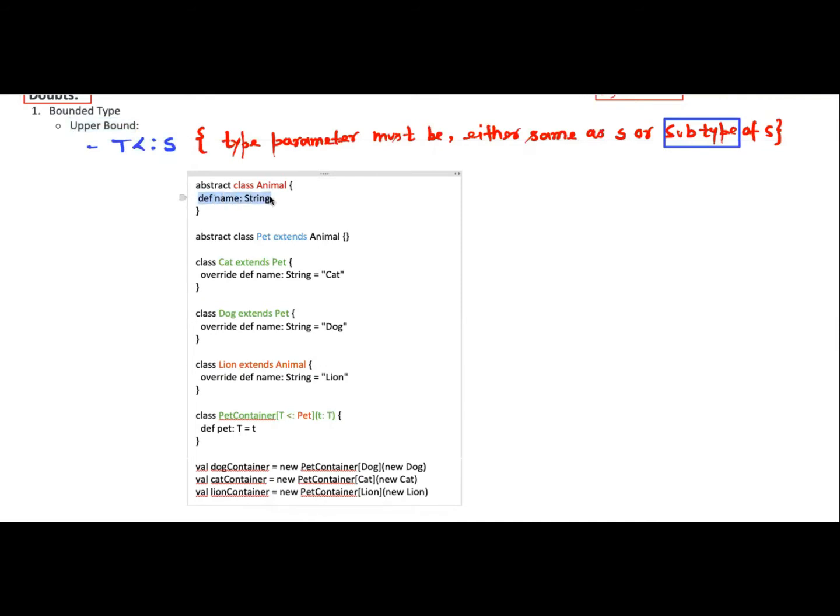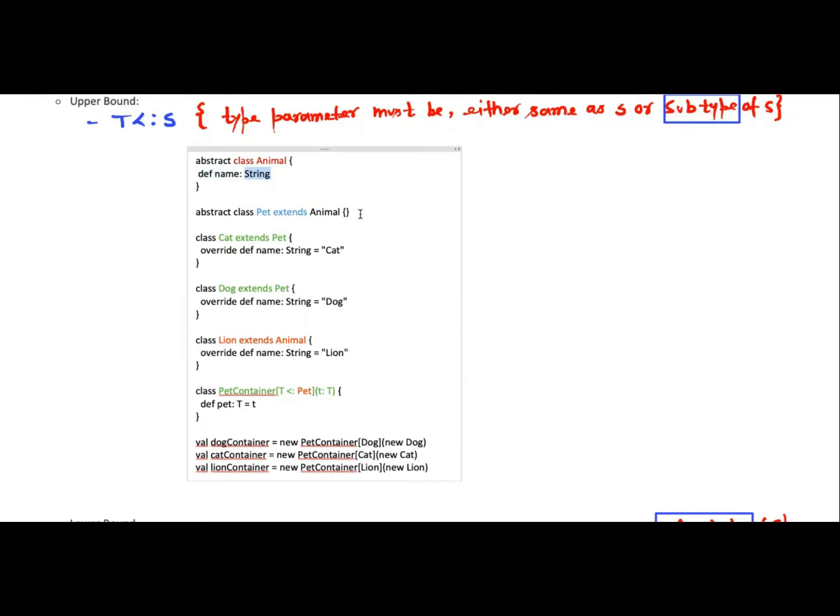This is the way of declaring something, but we can decide the value of name later on. Whichever class extends this class, a particular value can be defined for that string. Here the name is used as a string.